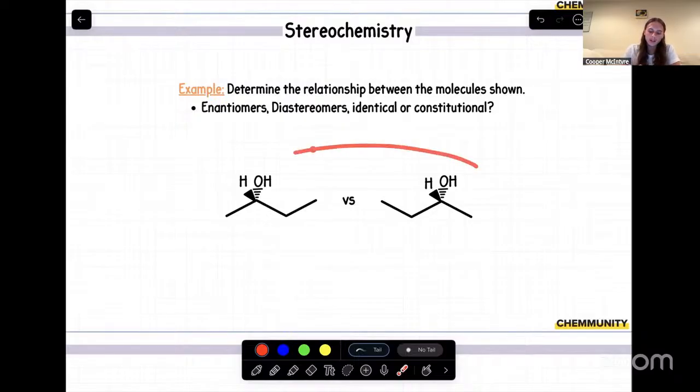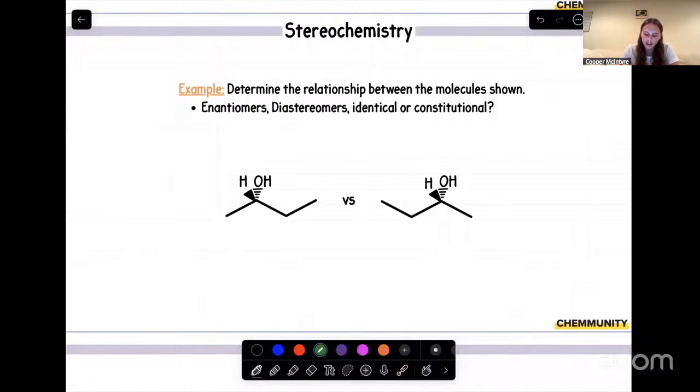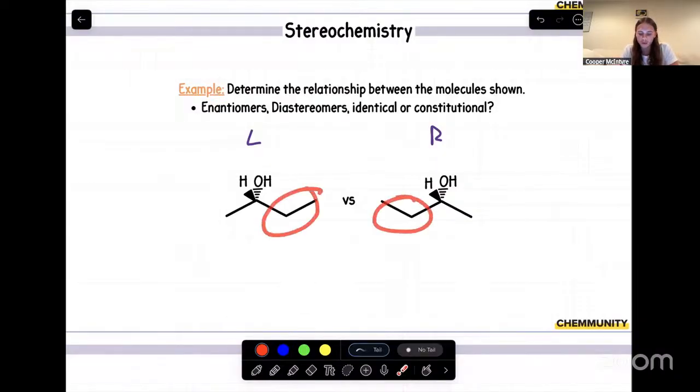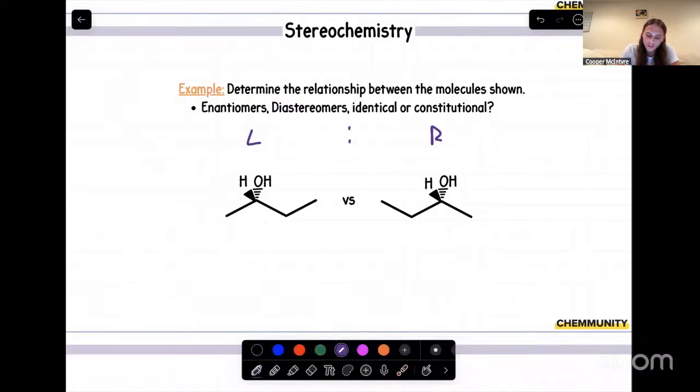So if we're looking at these two molecules, the first thing that catches my eye is the wedged and dashed notation. If we look at the left molecule, which I'll go ahead and designate, we currently have a wedged hydrogen, and if we move over to the right molecule, we also have a wedged hydrogen. Another thing I'm noticing are these ethyl groups. They're currently facing towards each other. So since they're facing towards each other, I have a thought that they might be mirror images. One of the ways we can confirm that is by drawing in a mirror plane.